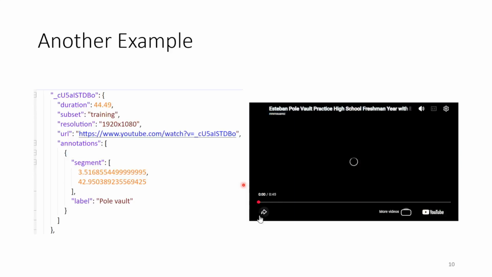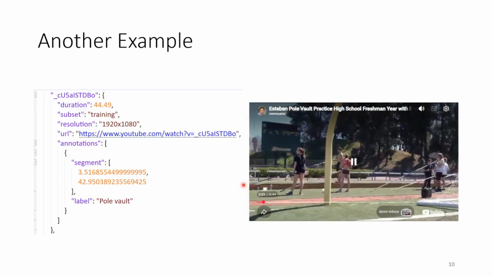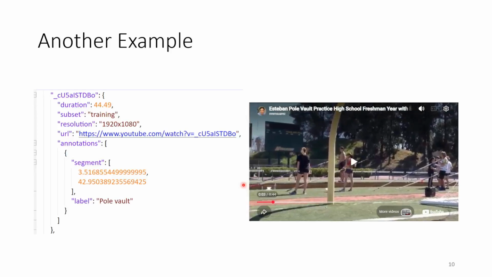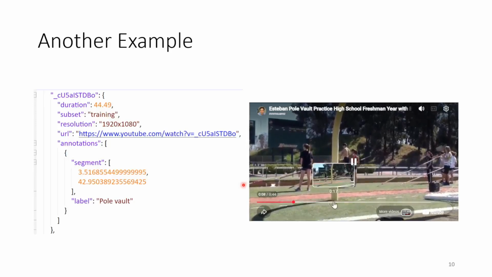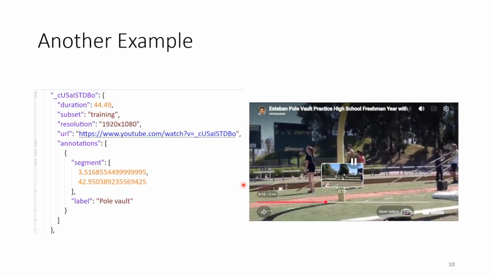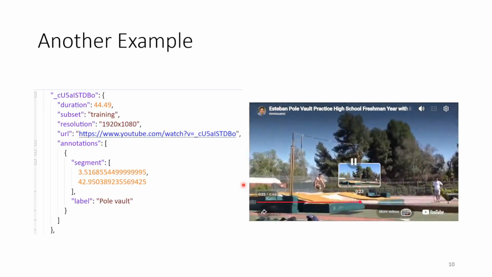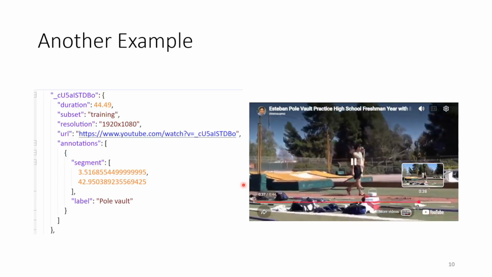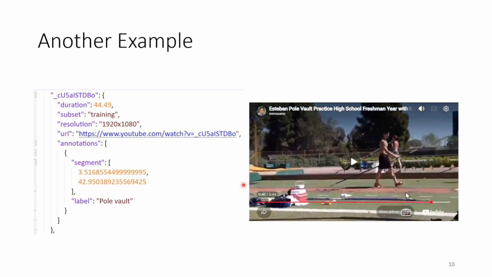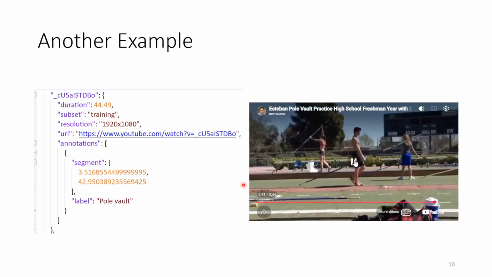So let's take a look. Okay, so this is the beginning of the action. Okay. And then go. So yeah, of course, this is okay, right? So let's go to the 42 second. Yeah, it's almost here. Okay, what I want to show you is the dataset from my perspective is highly inaccurate.